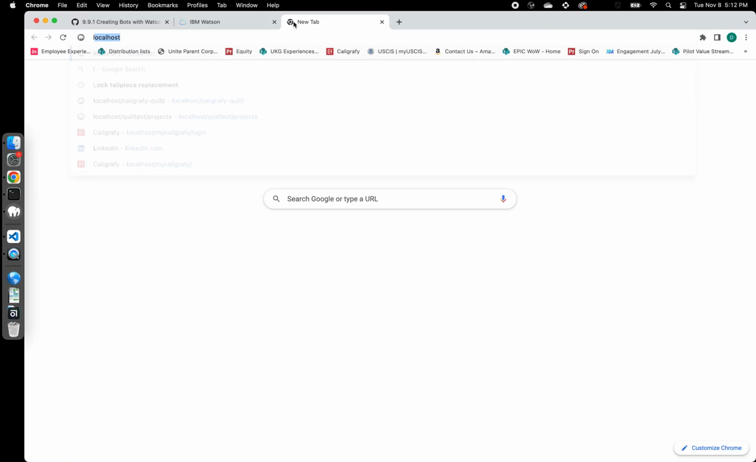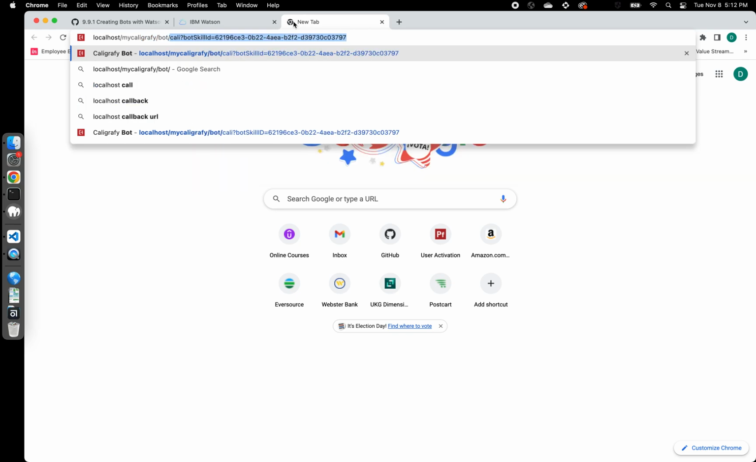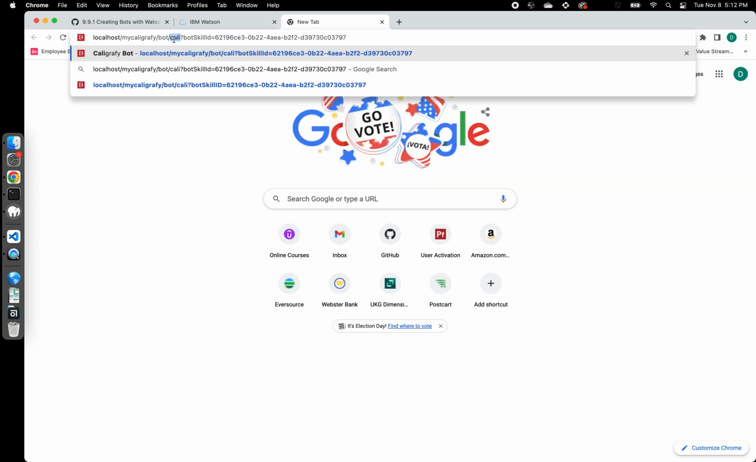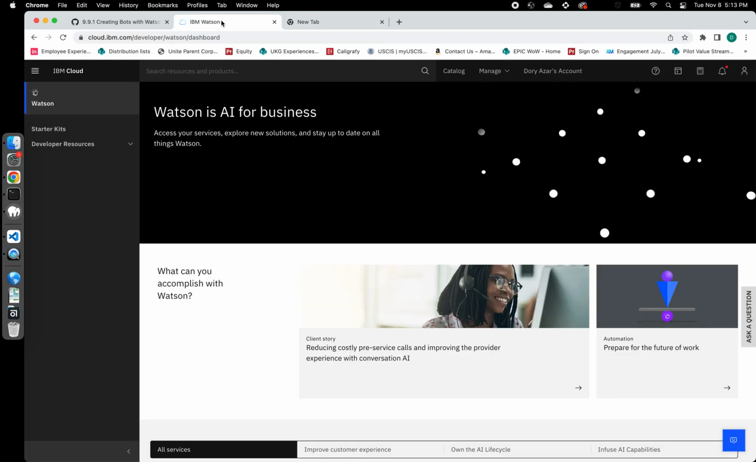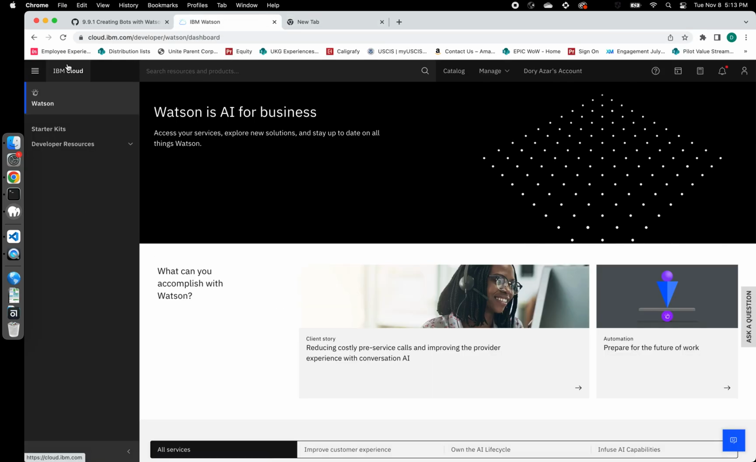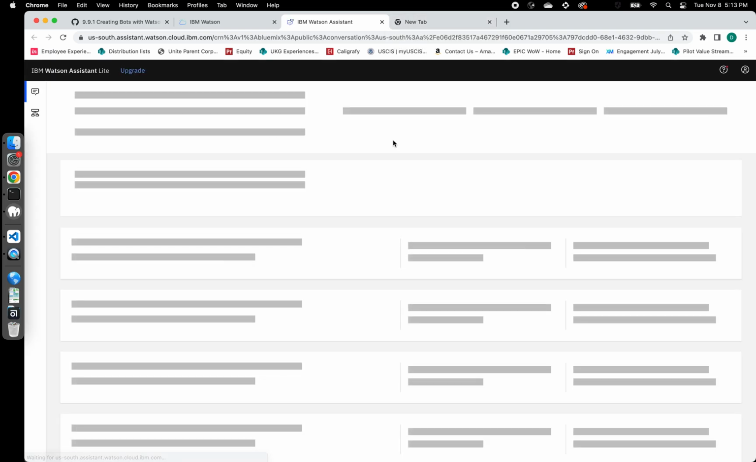So I'm going to go localhost. I'm going to say my calligraphy, and then we said we need to do bot, and yes, it is called Cali, and we're going to have to append the parameter called bot skill ID. I'm going to get that skill ID, which seems to be already there, but I'm going to double check. Let me remove this one, and we're going to take it directly from, and I think I closed this, so let me open it again,